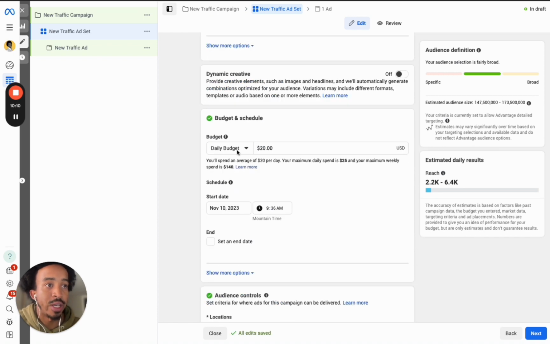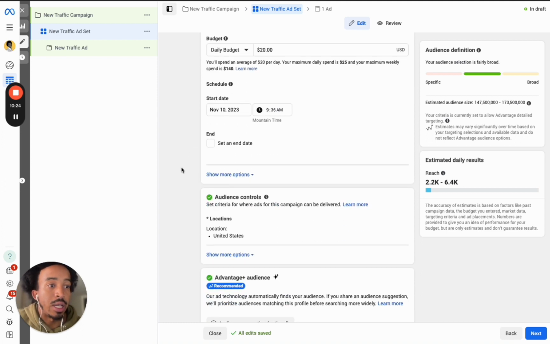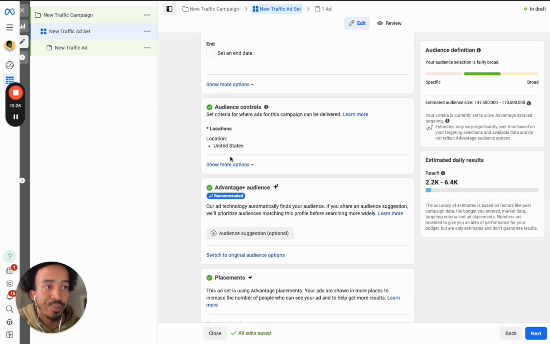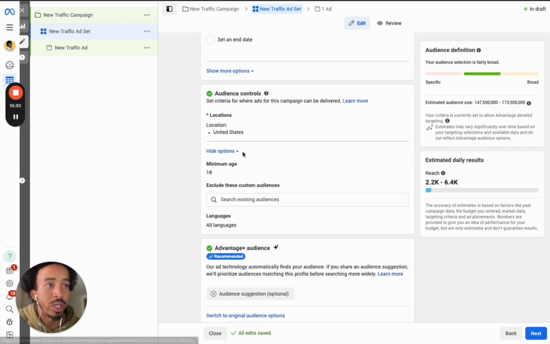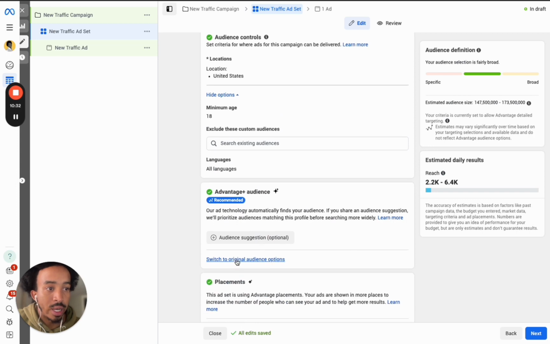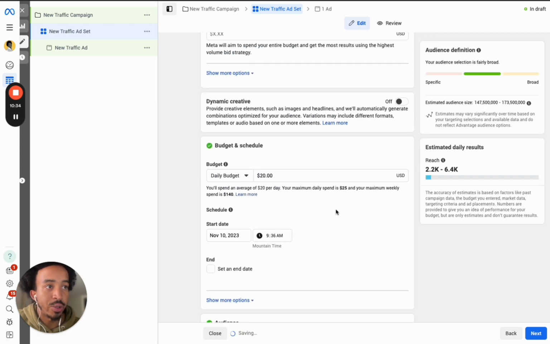Once you do that, then you select your daily budget. You select your start date and an end date if you want to. Usually I don't set an end date. I just let it run until I decide to turn it off. Like I said, anywhere from $20 to $25 plus a day is solid. And then you scroll down a little bit more. They have a lot of new stuff that they've added inside of here, but we're just going to keep it simple. We're going to go ahead and switch to original audience options